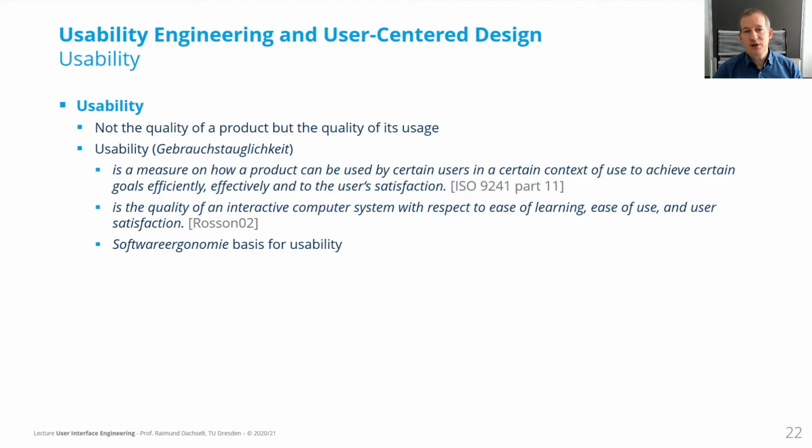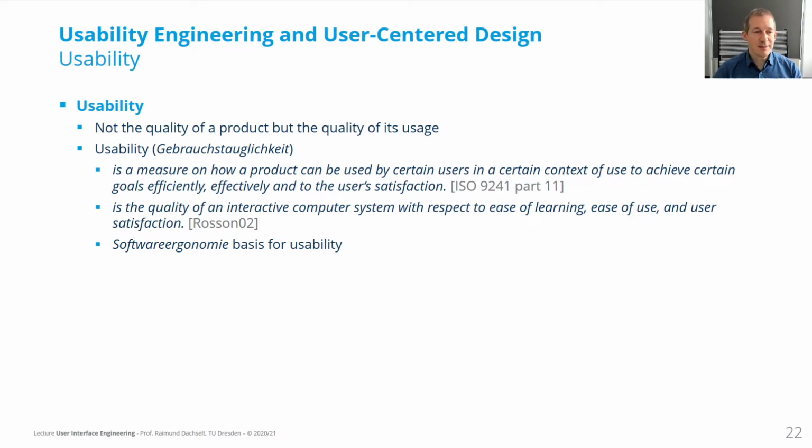Usability, in German called Gebrauchstauglichkeit, is a measure of how a product can be used by certain users in a given context, in certain context of use, to achieve certain goals efficiently, effectively, and to the user's satisfaction. So this is a definition of ISO 9241, part 11. And you see a few important aspects here. So there are certain users. It's a context, so user, the context of use, which includes